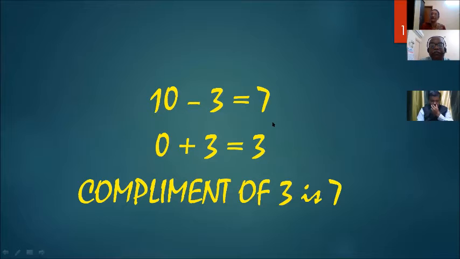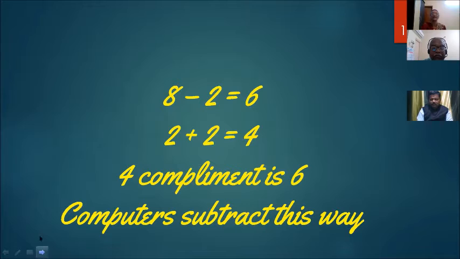The complement of 9 is 1, the complement of 1 is 9, the complement of 2 is 8, the complement of 8 is 2, and so on. Then adding the complement to the subtrahend and finding the complement of the resulting answer, we get the same answer, that is, we get the difference. So this is one such approach.